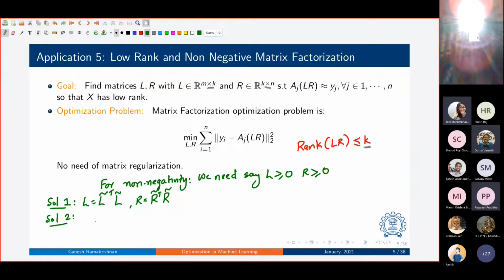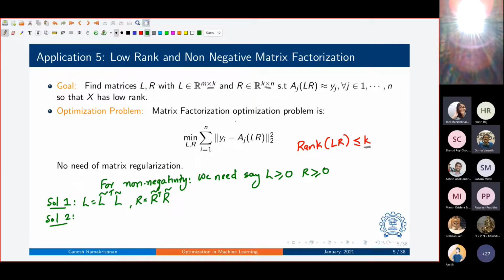Something along the lines of what we did just now, right? We talked about this iterative singular value thresholding. And another very intuitive approach in optimization is often called projection. You project. You start with whatever values you get, but some of them you threshold, project them to zero, and again solve.